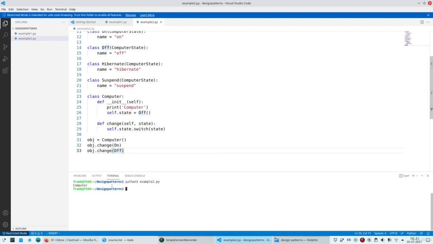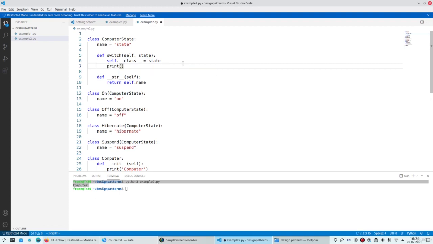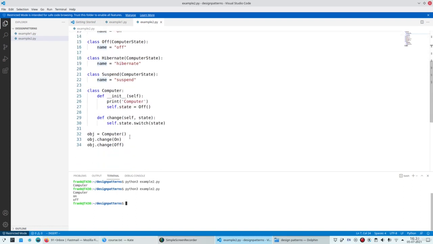And you'll see now it still only outputs the computer text, doesn't output anything. So what we can do is to output something in the switch method. So we can output the state name whenever the switch is called, and now you'll see the state is actually changing. So we're calling it to turn on, to turn off, and this works for all of these states. So we can change to hibernate as well. We can change to suspend,